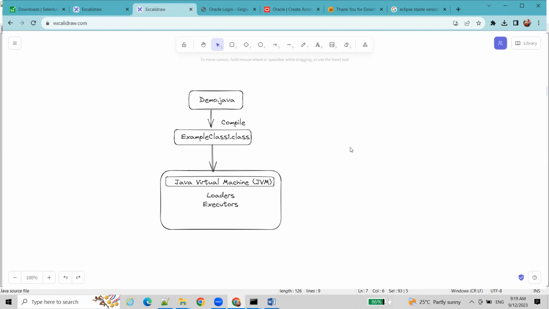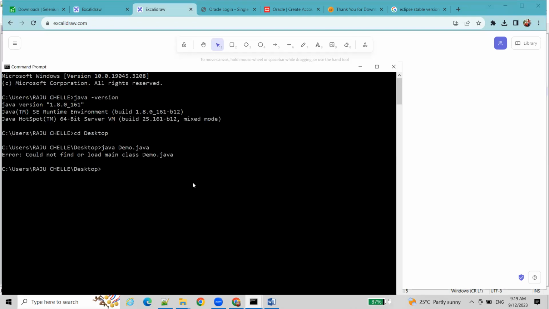How can I create the .class file? We have one command, javac. What is the use of javac? It is the compiler; the javac command is for compilation, and the java command is for execution. So before executing it, you have to compile your program. What is my program name? Demo.java, right? If I compile it,